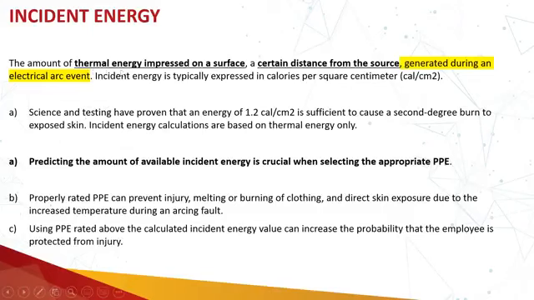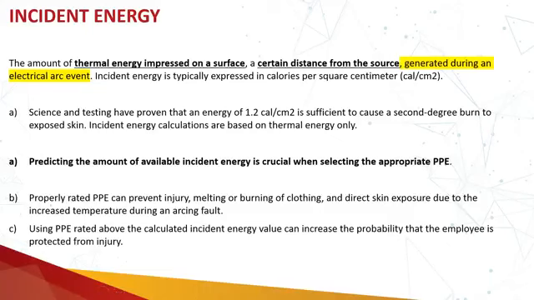This is generated during an electric arc event. Incident energy is typically expressed in calories per centimeter square, cals per centimeter square. The science and the testing have proven that 1.2 calories per